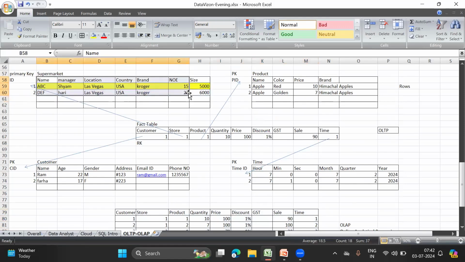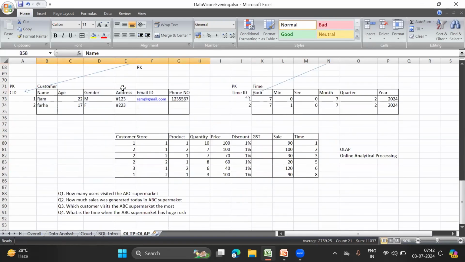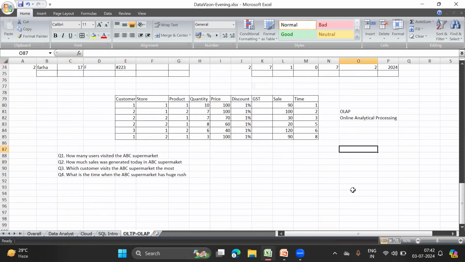For example, from the customer table, you can see what is the maximum age of a customer, who is the oldest customer coming to the supermarket, which is the costliest product we are selling, which supermarket has the largest size, which has the smallest size, and how many supermarkets there are in a country. All this information we can get from this table, and that is why understanding OLTP and OLAP is very, very important for us.